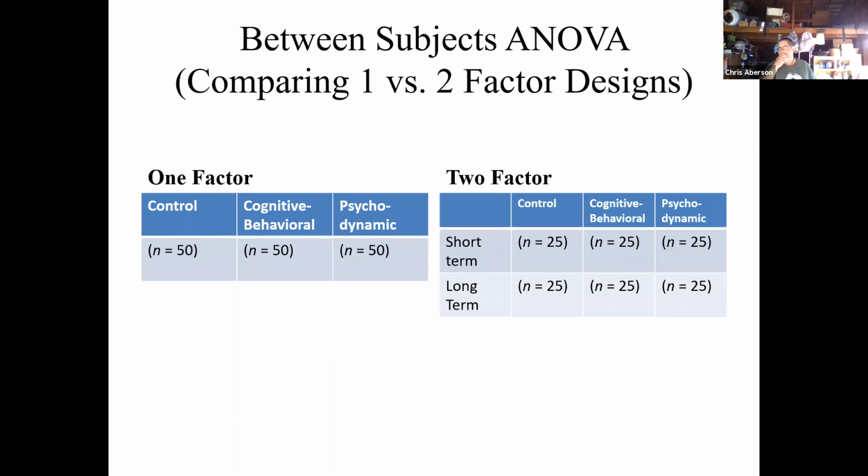All right, just to compare what things might look like and some of the same things that you get with a two-factor ANOVA. With a one-factor ANOVA, we might drop 50 people in each of these three groups for 150 people overall and be able to answer one question. With a two-factor ANOVA, we could have those same 50 people and still have 50 in control and 50 in cognitive behavioral and 50 in psychodynamic. But if we break them down further by another factor, this being the length of treatment, we can answer questions about the type of therapy, about the length of treatment, and whether certain treatments work better in short versus long-term